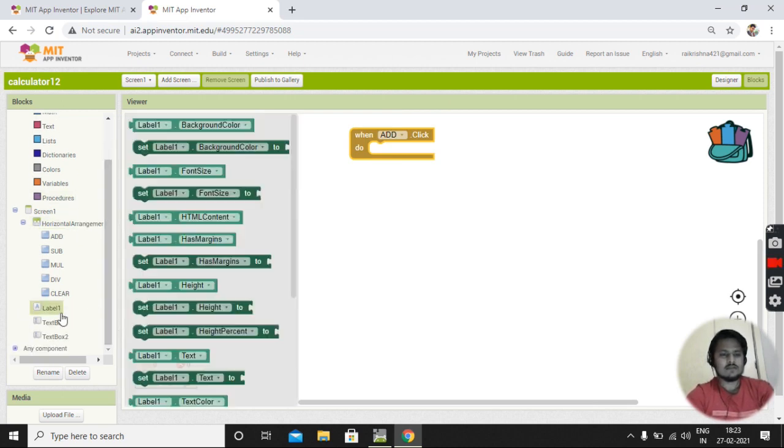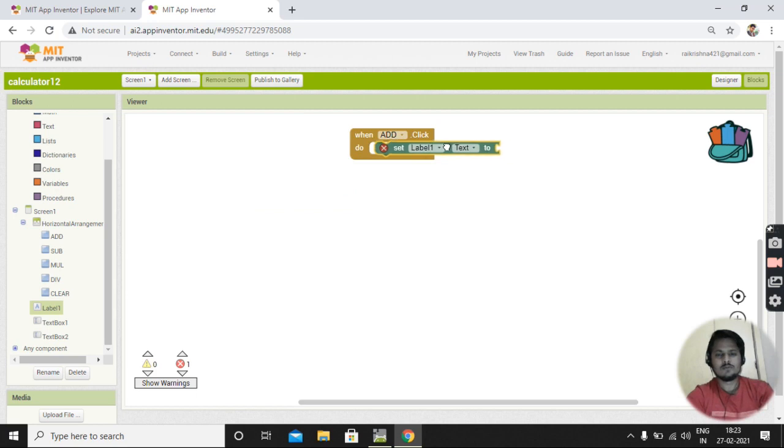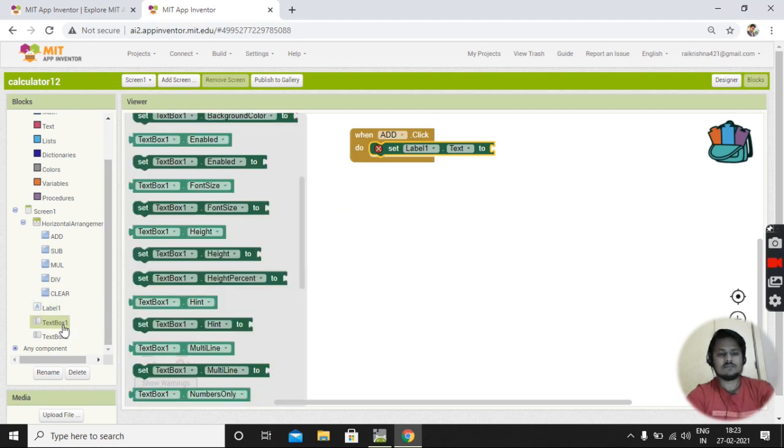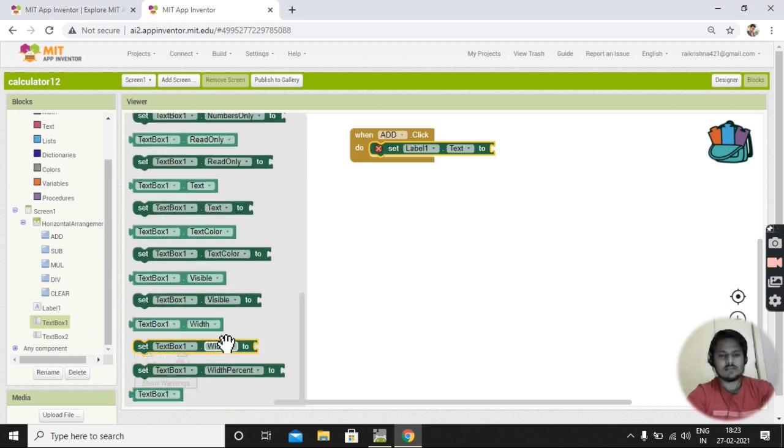So come to label 1, set label 1 text to. What will it do? It will add both input data. So where is the input data? Input data is in the text box. So pick text box text 1. Text box text 1, where is it? Here.